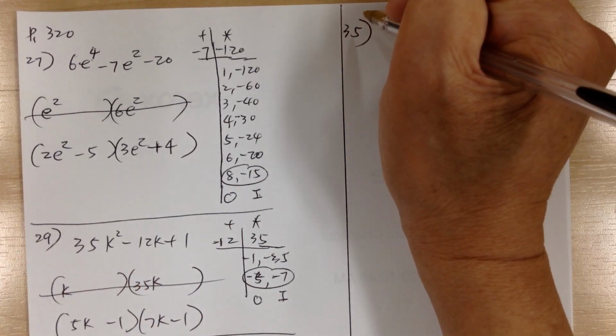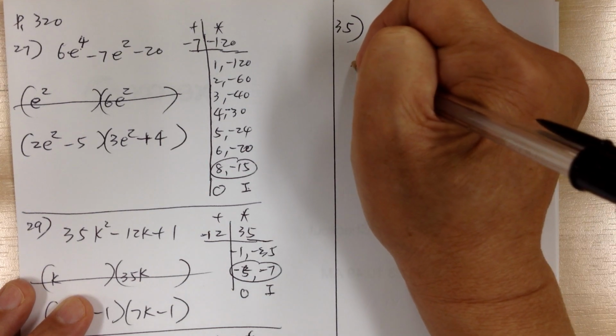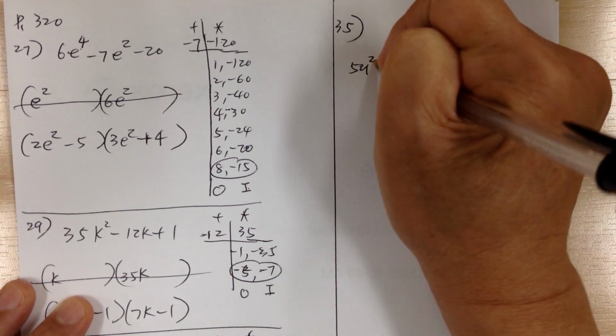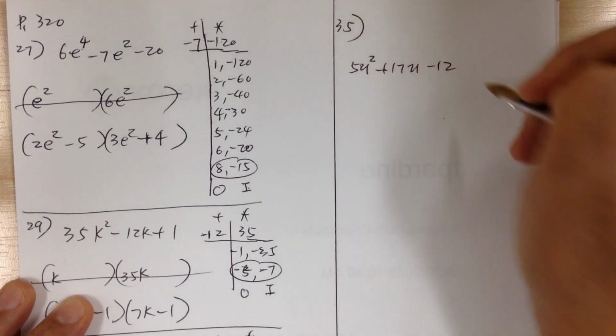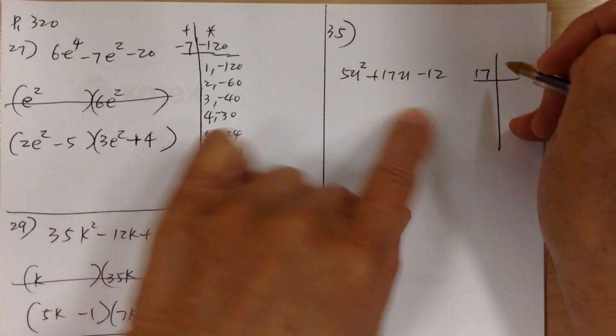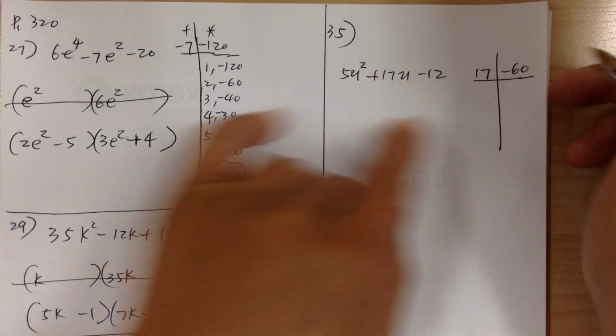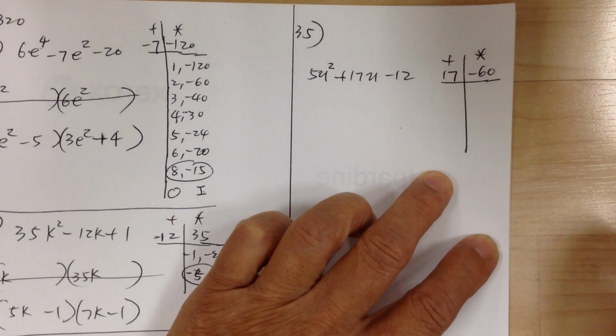Okay, let's go to 35. So first you have to write this in the correct order. So you got 5u squared plus 17u minus 12. Okay. So you need to get 17 and -60. Okay, so start with